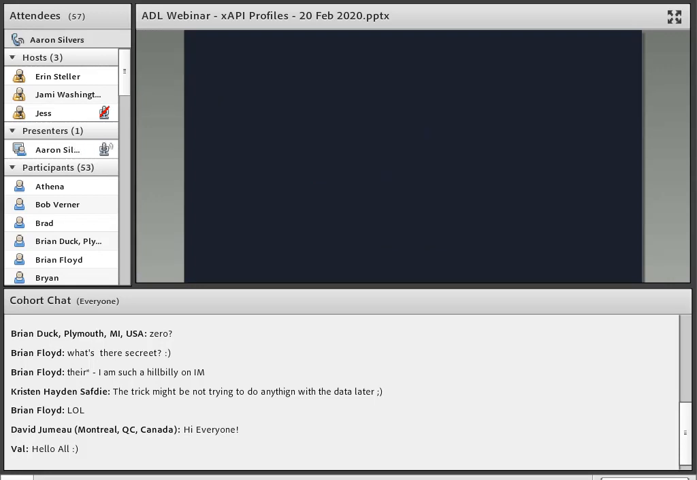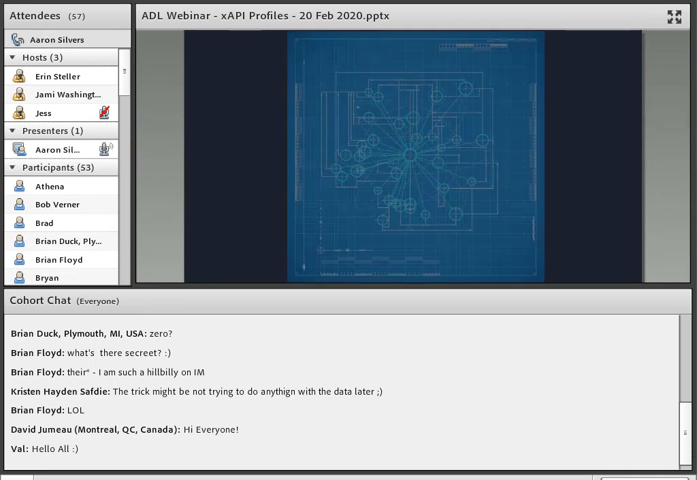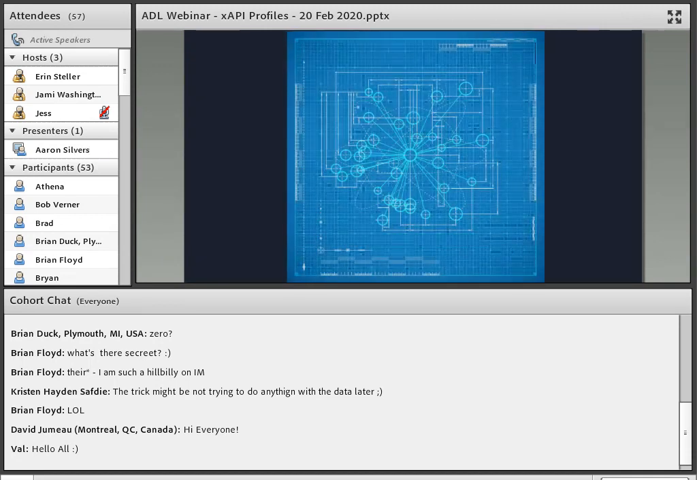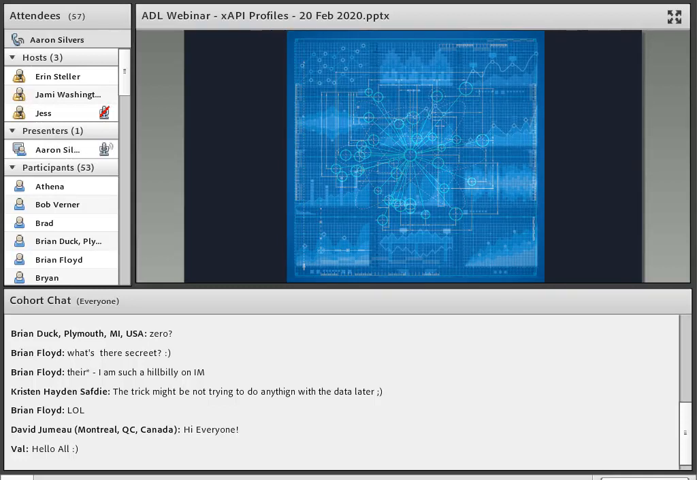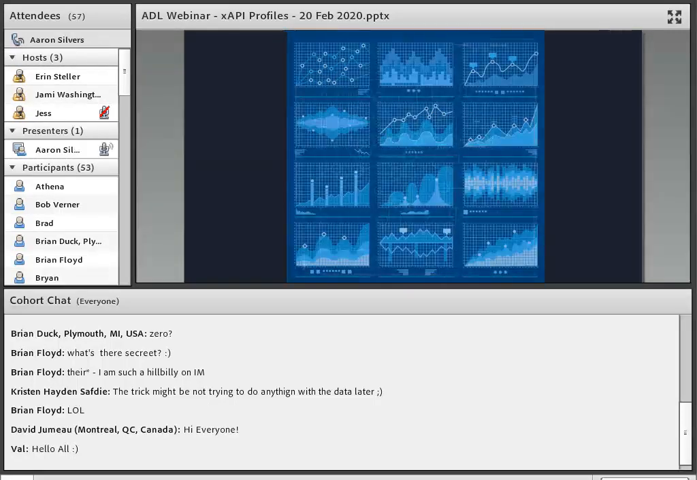We're working with semantic data that's mostly machine readable to help make sense of what's going on underneath the scenes, with the implementation levels that a designer or a content developer would do. Okay. So if you think about a profile as a blueprint for a successful xAPI implementation,